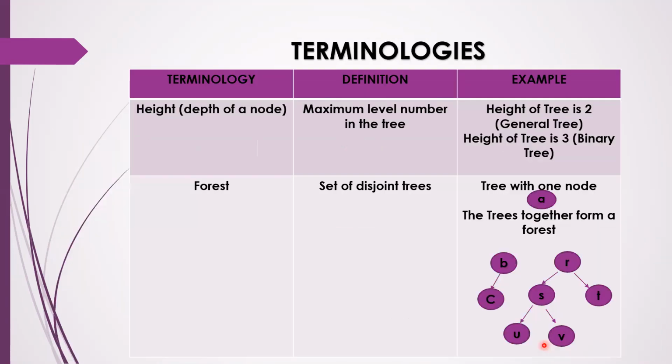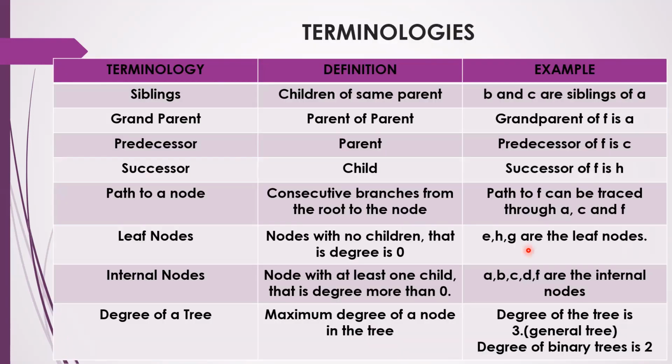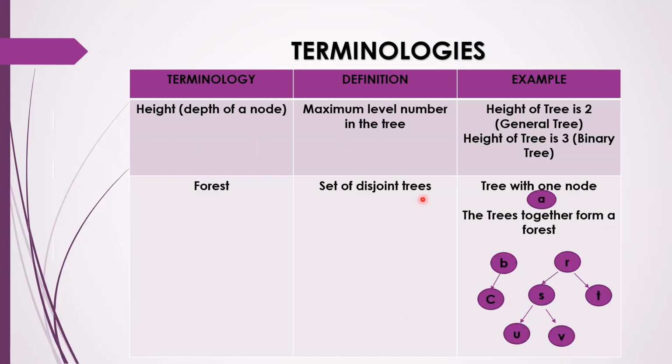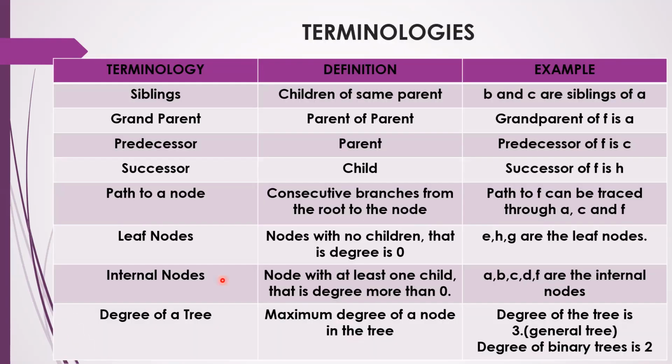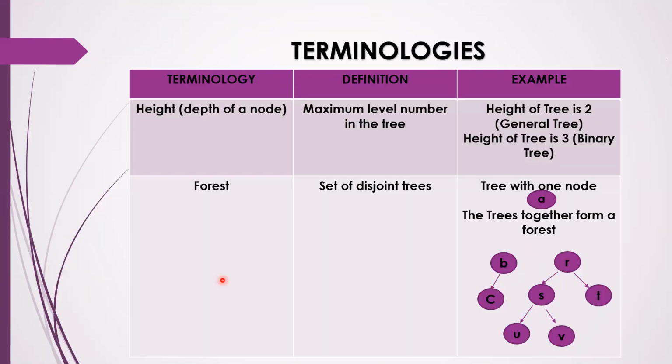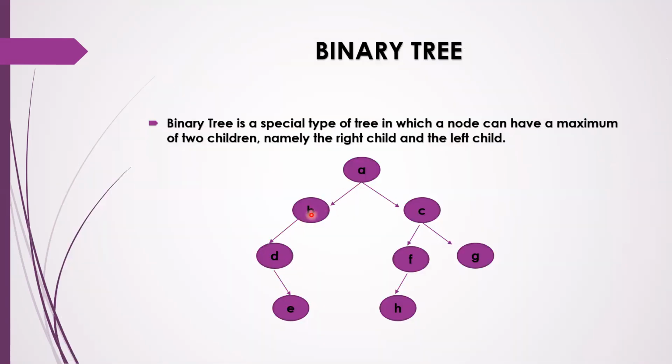Next, height. Height is how deep the tree is; the depth is known as the height of the tree. So it is the maximum levels. As I told, in a general tree you have a higher level, then the middle level, then the lower level. How many levels are there in the tree, you have to identify. For example, here the level is 2, but here the level is 3, as you can see: 1, 2, 3. The nodes after the root node give the depth.